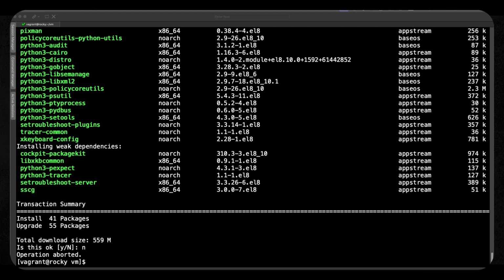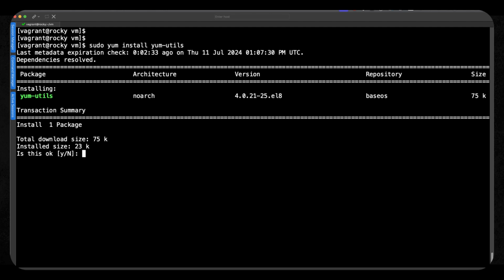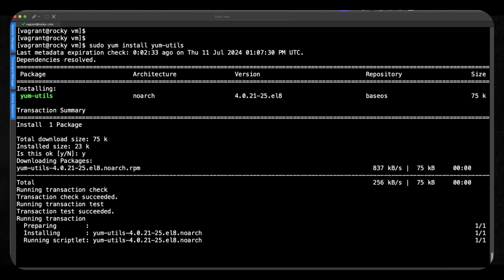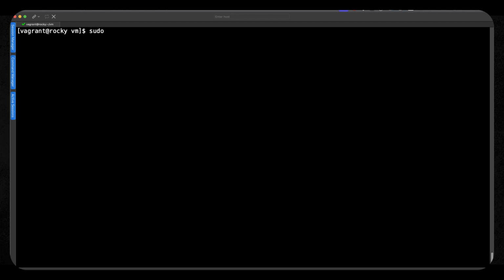So let's go ahead and do this. Clearing our screen with Control and L, and sudo yum install yum-utils. We can accept this, so just type Y, and that's then given me the yum-config-manager. With the yum-config-manager, I can easily go through and disable all of my repositories. So this is going to prevent any updates. So I can do sudo, let's again use Control and L to move to the top of the screen, and then yum-config-manager.